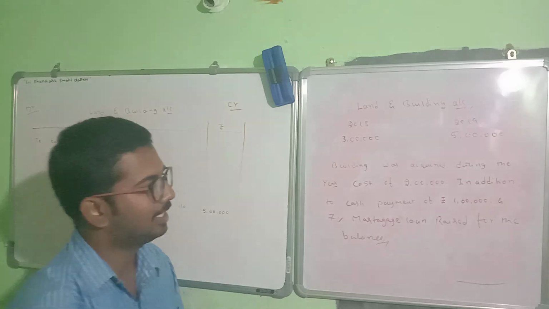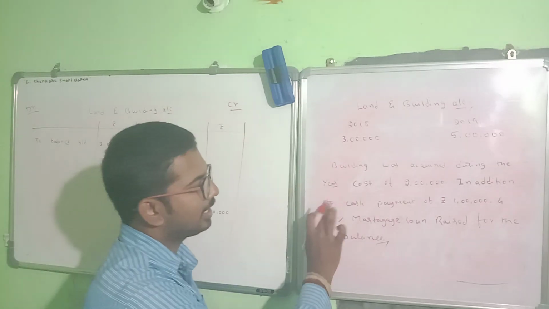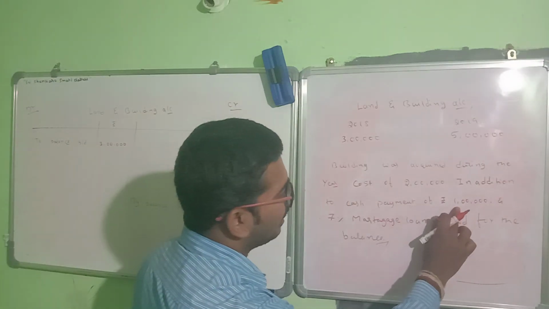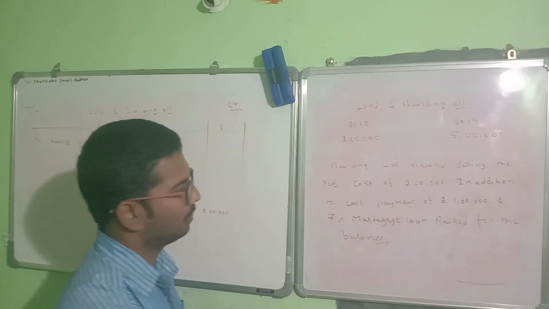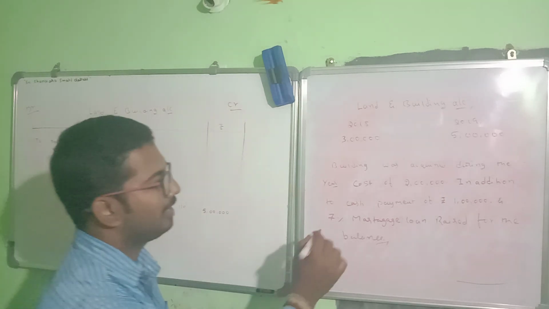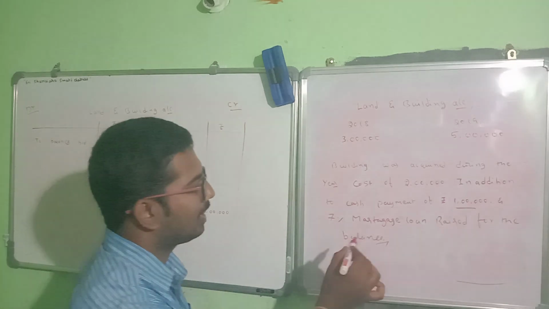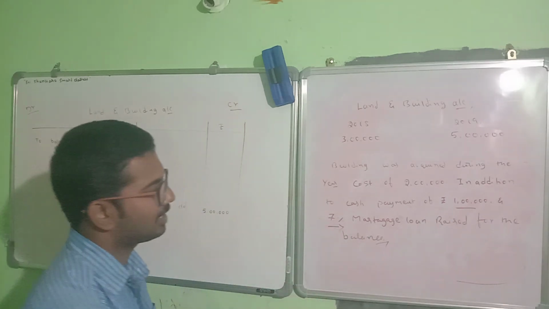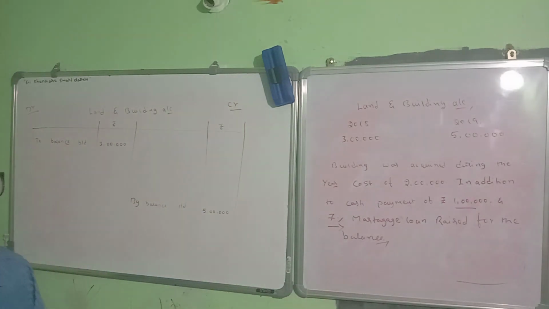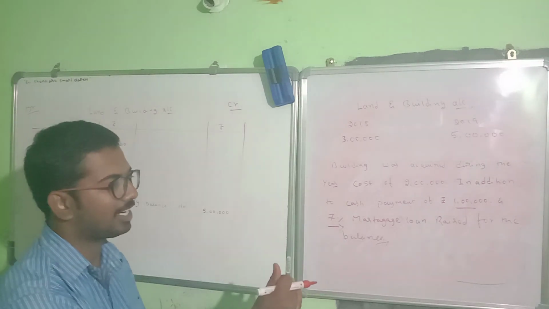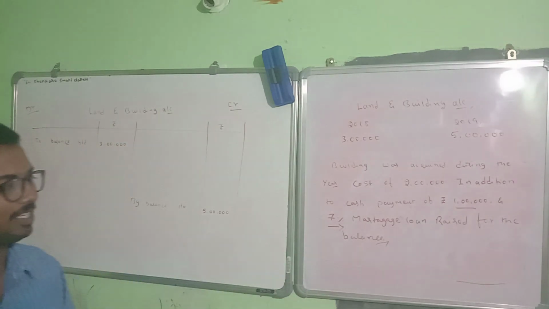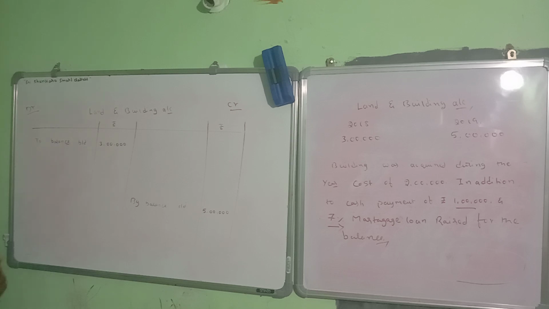So we have only one transaction, the purchase transaction. They purchased in two forms. They paid only cash of rupees 1 lakh and the remaining they paid through a loan. So you have to record two entries. One is how much you paid in cash, that is 1 lakh, and how much you adjusted against the loan. So 2 lakhs is the overall purchase. If you pay cash, that means 1 lakh, and the remaining 1 lakh you adjusted against the loan.